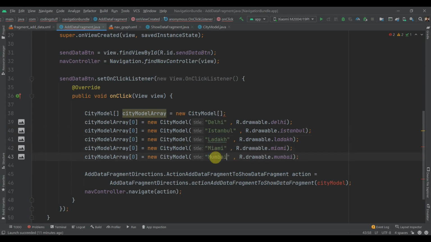It should be Mumbai, and we need to change the index as well. 2 and this will be 3 and this will be 4. So we have 5 city models.